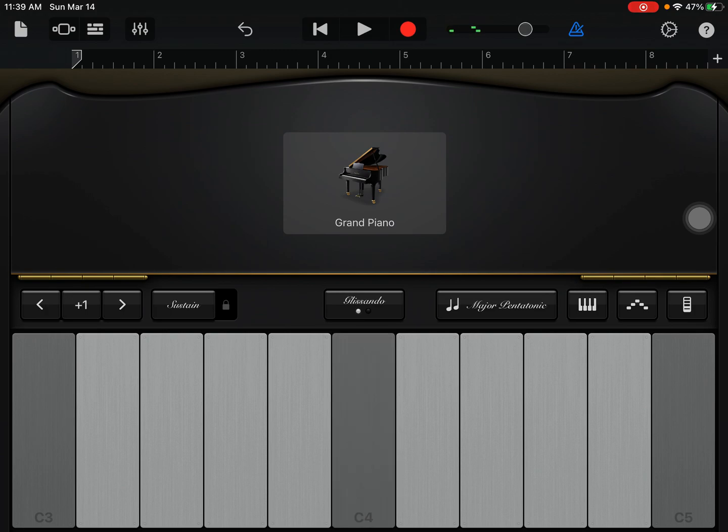We know the question starts on either of the two C's and then ends on any of the lighter gray notes, the D, E, G, or A. So your question might be,